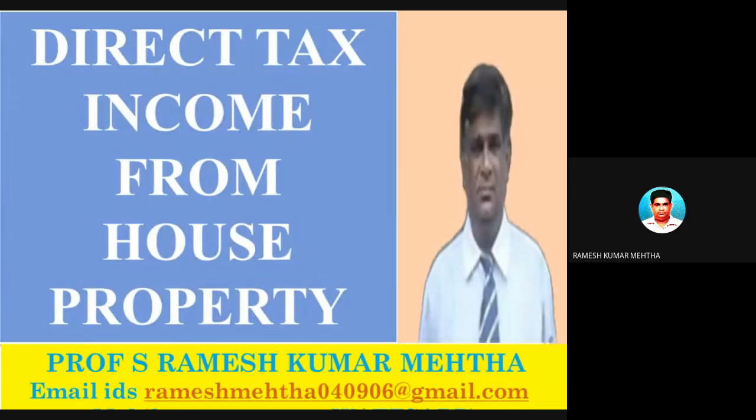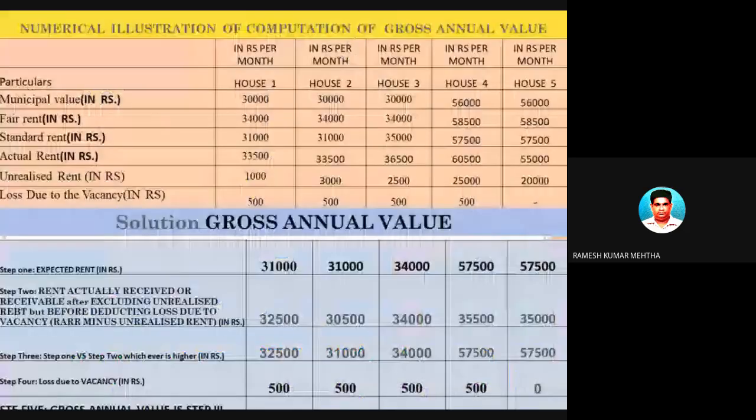Good morning, friends. Today we are going to continue from where we were left, that is income from house property, and we are going to take up some numerical problems. This is the numerical problem: there are 5 houses, and you are supposed to find out the gross annual value of the house property. I told you in the last class there are 5 steps to find out the